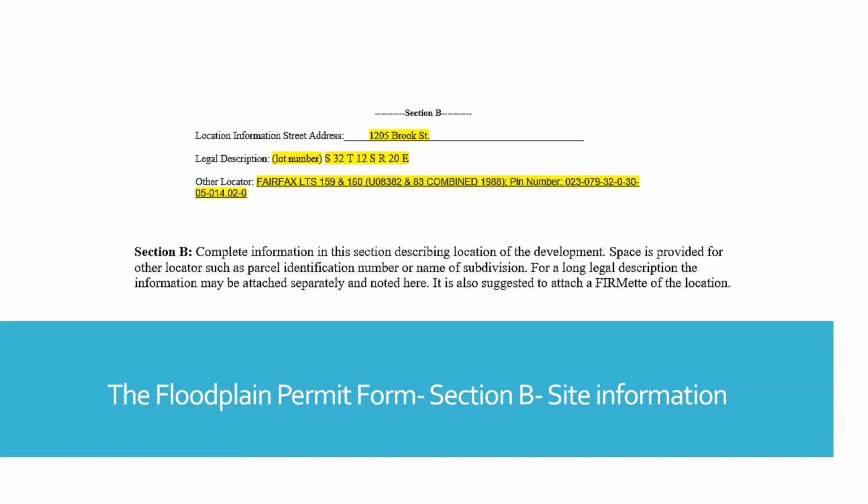So section B, location information. The instructions tell you to put in the parcel identification number and a legal description. So I've tried to do that. I have the street address in there, and then,